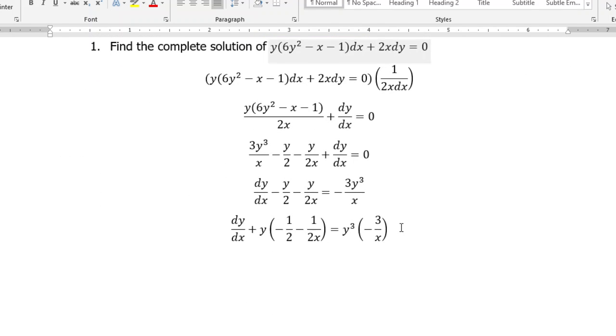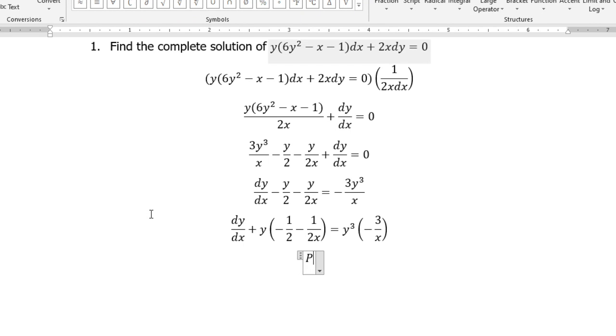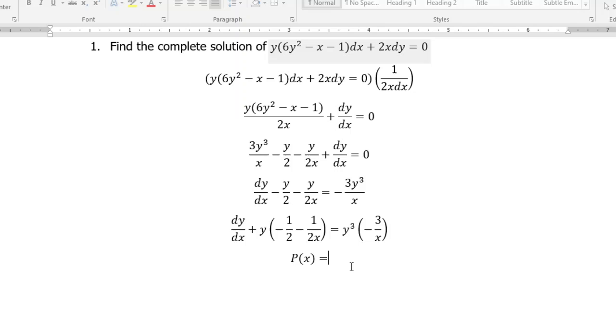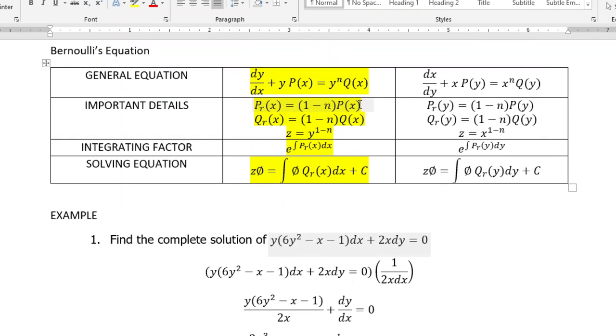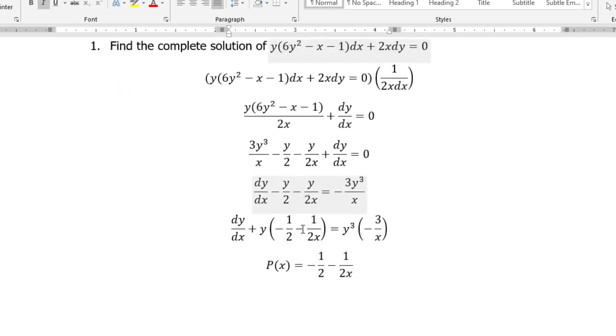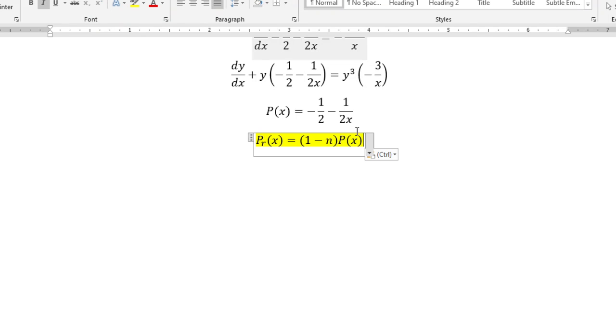So, coming from that, makukuha natin yung mga variables. Yung mga kailangan natin, which is p of x. So, ang p of x natin will be yung nakamultiply kay y. Ito. So, kukopyahin ko na lang. Yan. Pero, kailangan natin ng ito, P R of x, which is equal to,